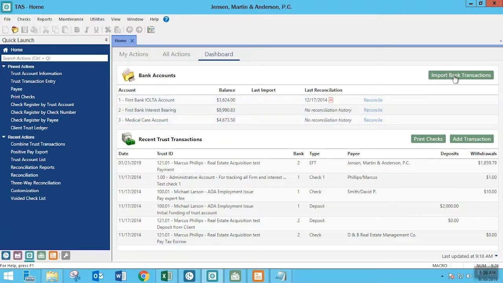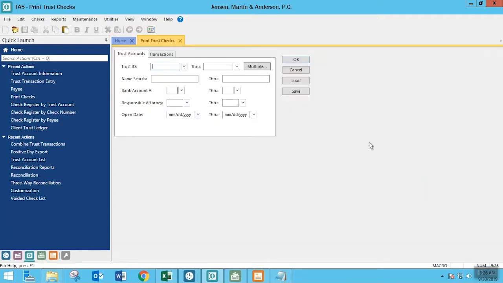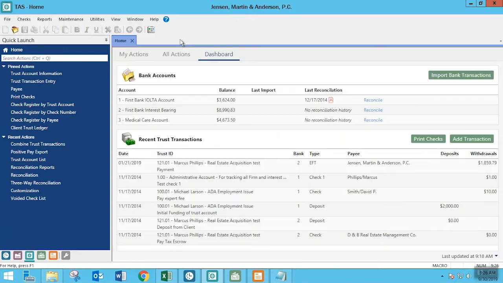You can import bank transactions right from the dashboard if you do that. And you can also see the recent trust transactions. So if we look down here, these are all the most recent things that have happened in the different trust accounts that we have set up. You can print checks from here and you can add transactions from here. So if I wanted to print checks, you can just click on that and it takes me right to the print trust checks. So I can go ahead directly there,